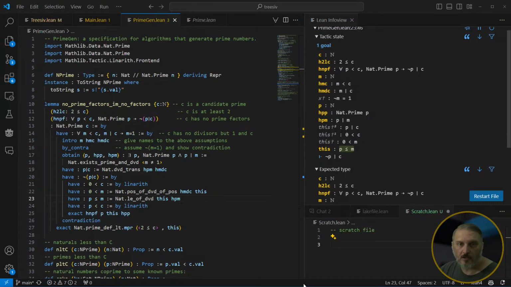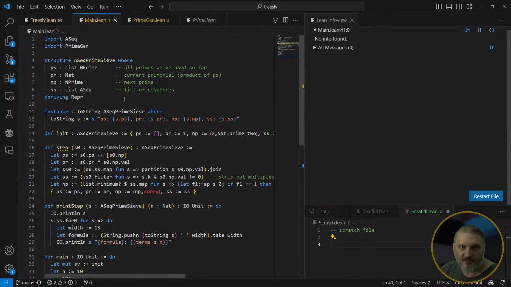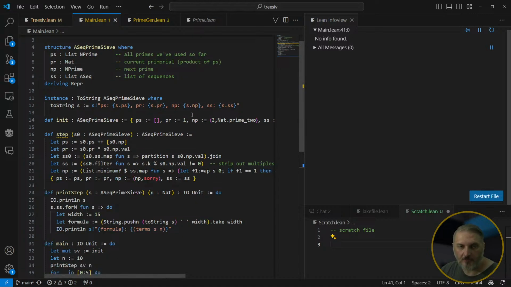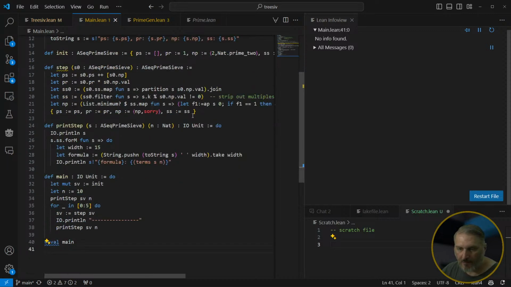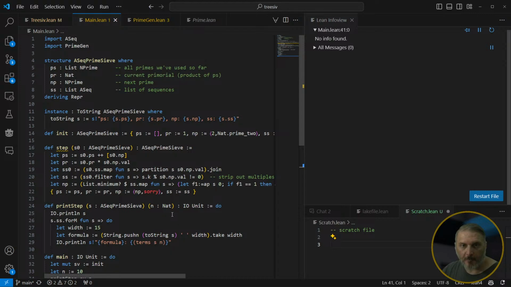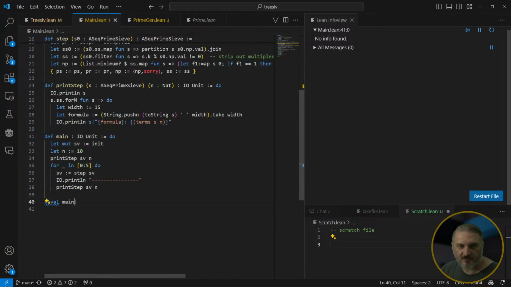So basically, what I've got so far is what I call a tree sieve. Not necessarily for primes, but... Audio stream is not coming in. Can't do anything about it. So sorry. Basically, what I've got here is a prime sieve, and